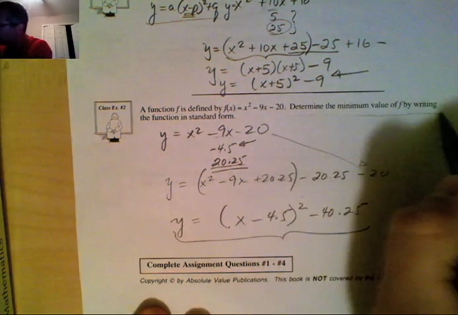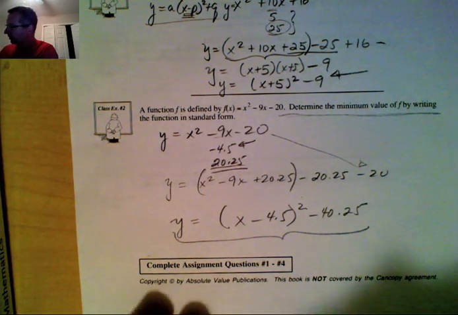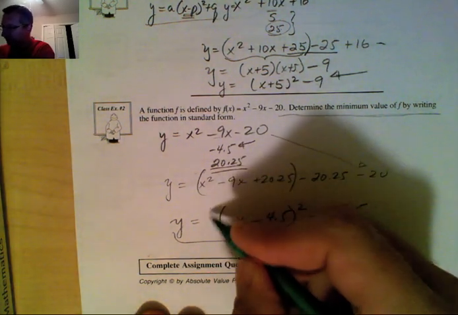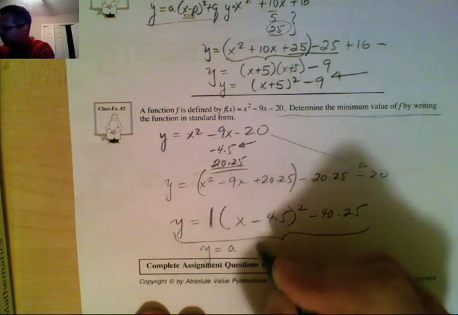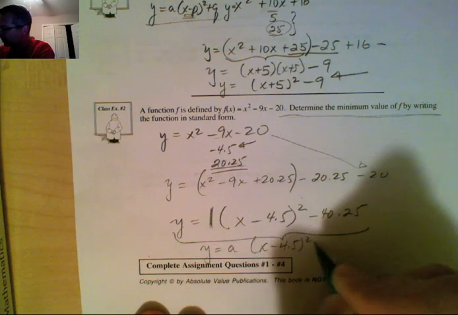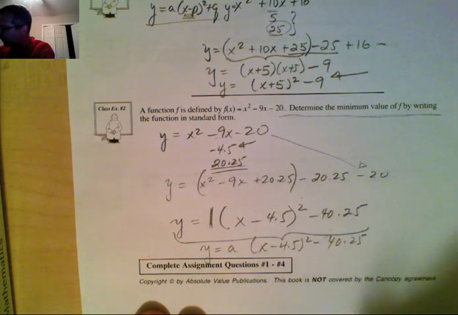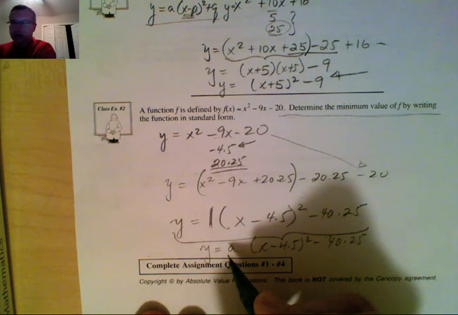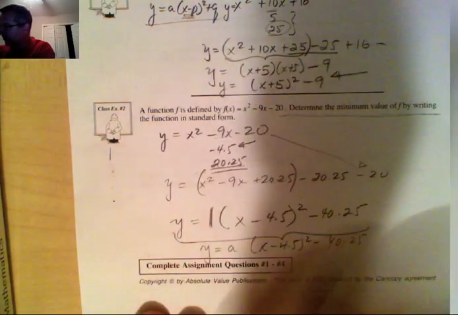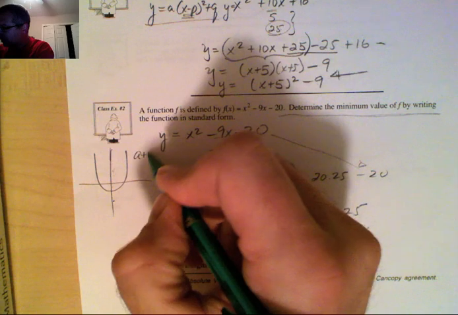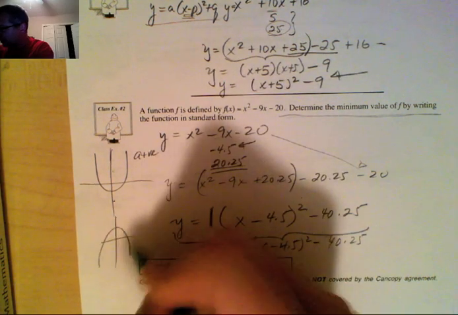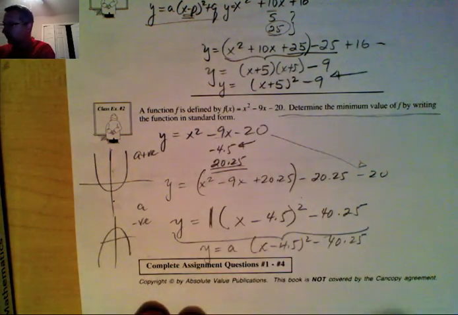So here is our equation. Now it says in the question, determine the minimum value of the function f. Well, let's talk about this a little bit. This leading coefficient right now, the a value in our y equals a, x minus 4.5 squared minus 40.25, that a value is positive. And if you remember, from some of the work we've done with our graphs, if a is positive, our graph opens up, and if a is negative,